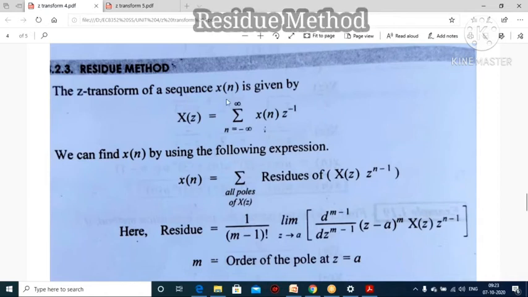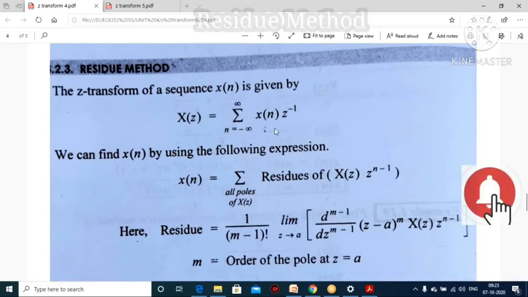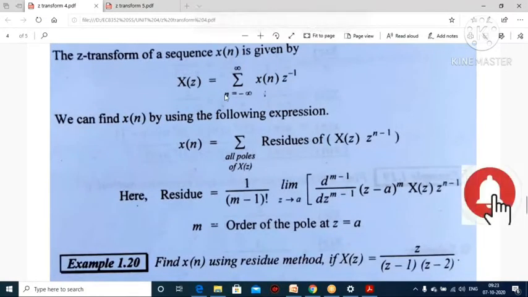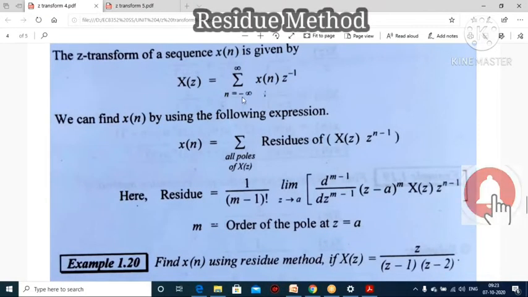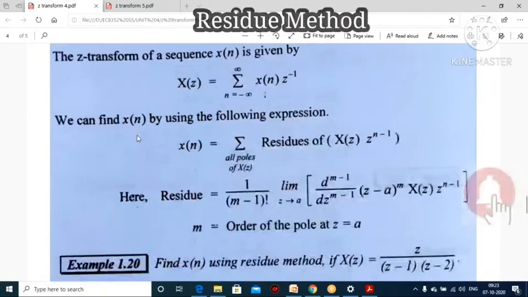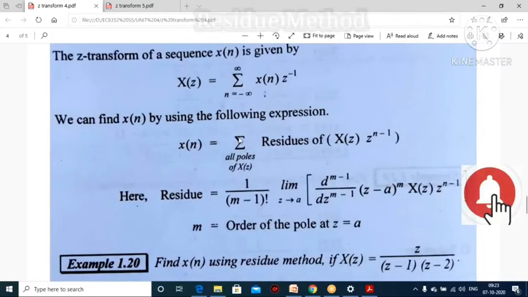The Z transform of sequence x[n] is given by X(z) = summation n equal to minus infinity to infinity, x[n] z power minus n. So this is the definition of Z transform. How will you find x[n] from this X(z)? By using residue, right? So x[n] is equal to summation,